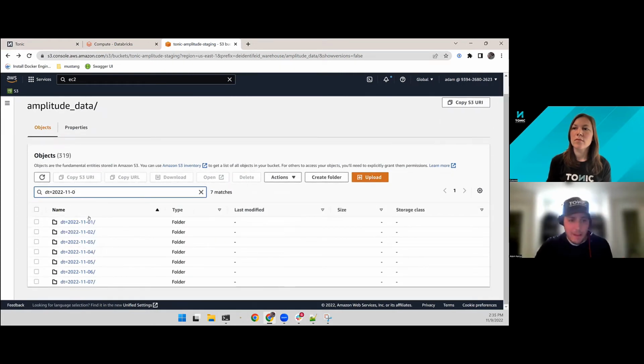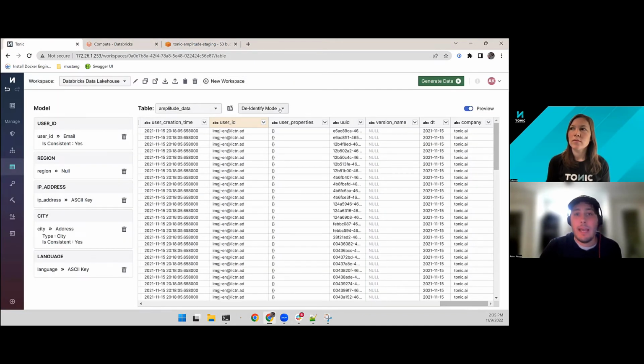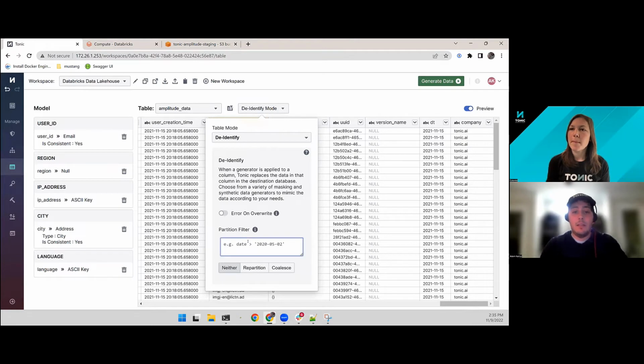Okay, so we have the data from the 1st of November to the 7th. I ran this essentially 2 days ago. I ran it on the 7th, and it has not copied over the data from the 8th. Okay, well, what can we do about that? Well, I can go here, and I can actually now tell Tonic